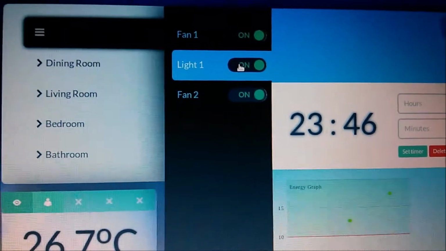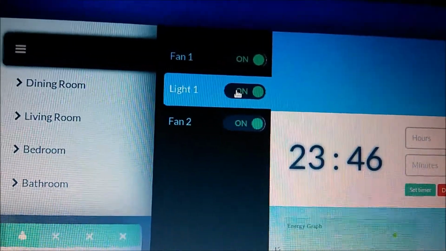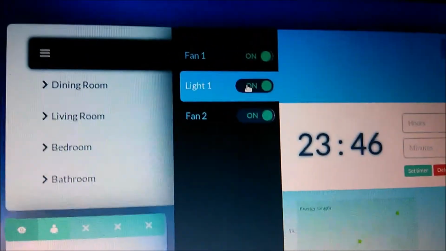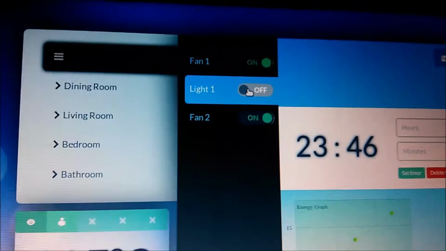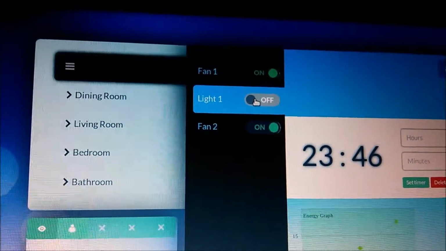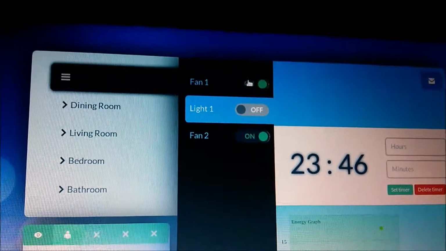Now I am going to give you a live demonstration of home automation. Here you can see that the light is on. Now I am switching it off. Now you can see that the light is off. Now we can also control the speed of the fan, or we can also dim the light.